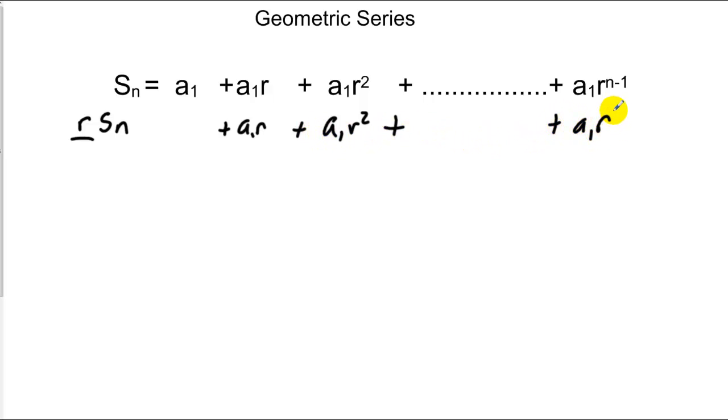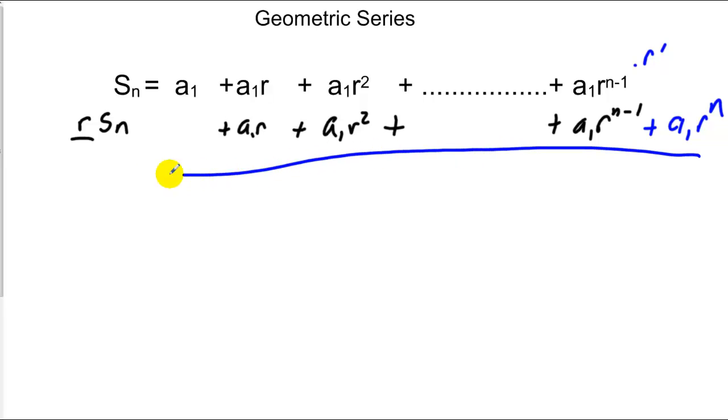And he found out that when he took the ratio and multiplied by the last term, remember, if I multiply something with a common base, then I take and add the powers. So this last term ended up being the first term times r to the n power. Then what he did is he said, okay, I notice now that every vertical column matched up except for the first and the last. So he said, well, if I subtract all that